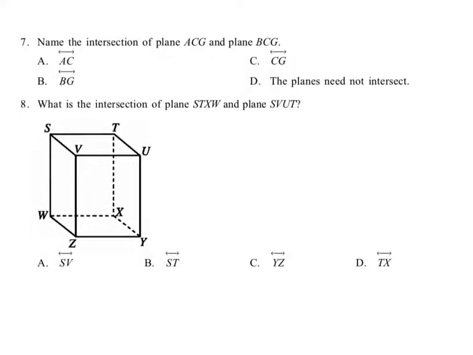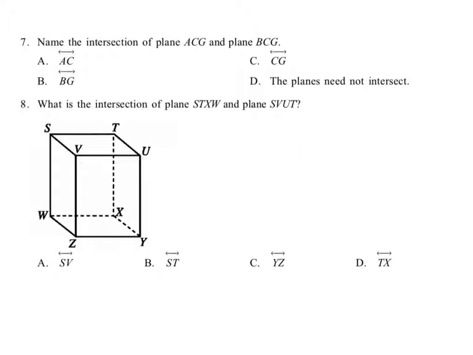Name the intersection of plane ACG and BCG. Well, we know that if a plane intersects with another plane, it is going to intersect at a line. Since planes are infinite on that flat surface, they will run into each other in an infinitely long place that